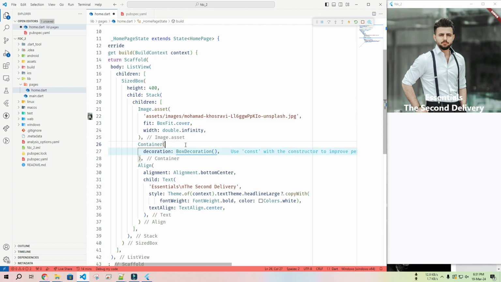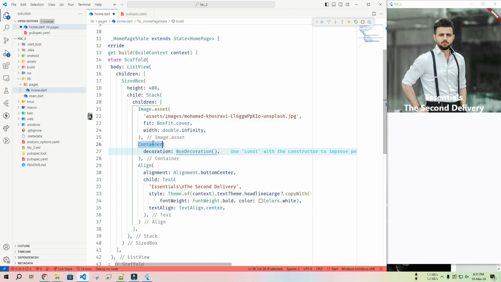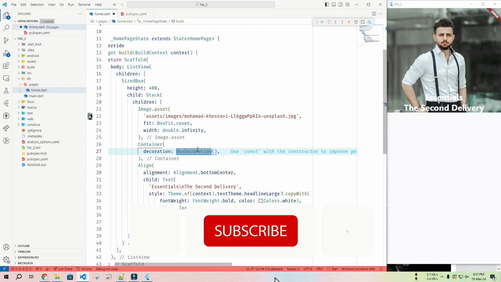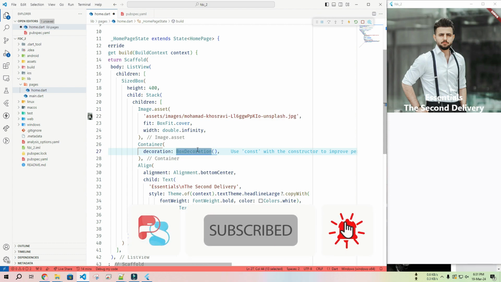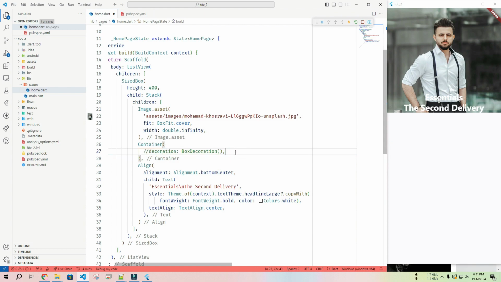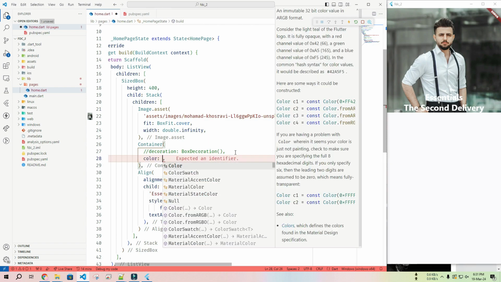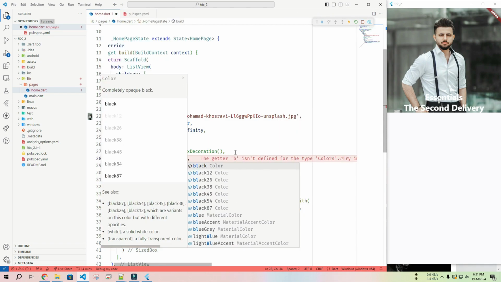Basically Container is a widget which is the same as the SizedBox, but we can pass color or decoration to that Container. Decoration means if I want to set a custom image or gradient or anything else apart from the color, then I have to use the decoration. But if we want to set a color, then we can pass the color property with a color like Colors.black,